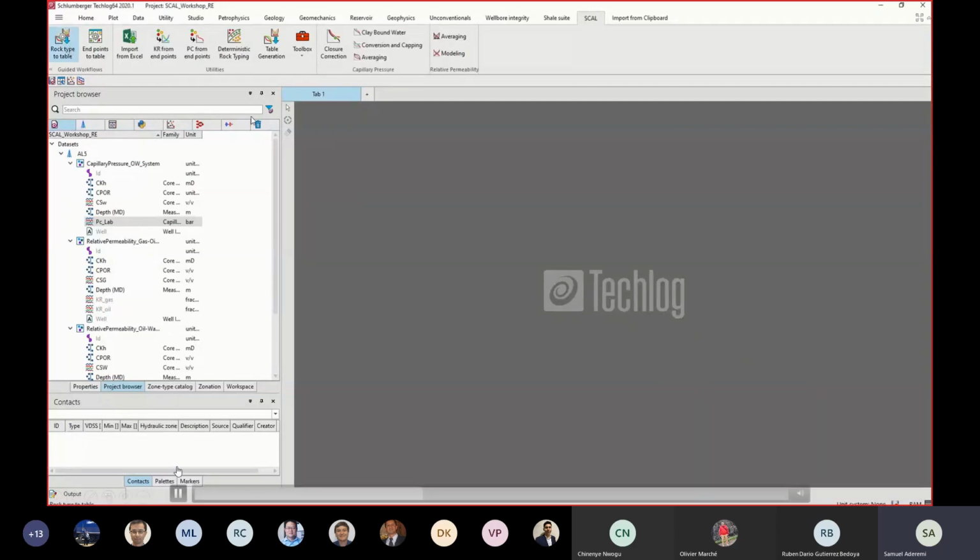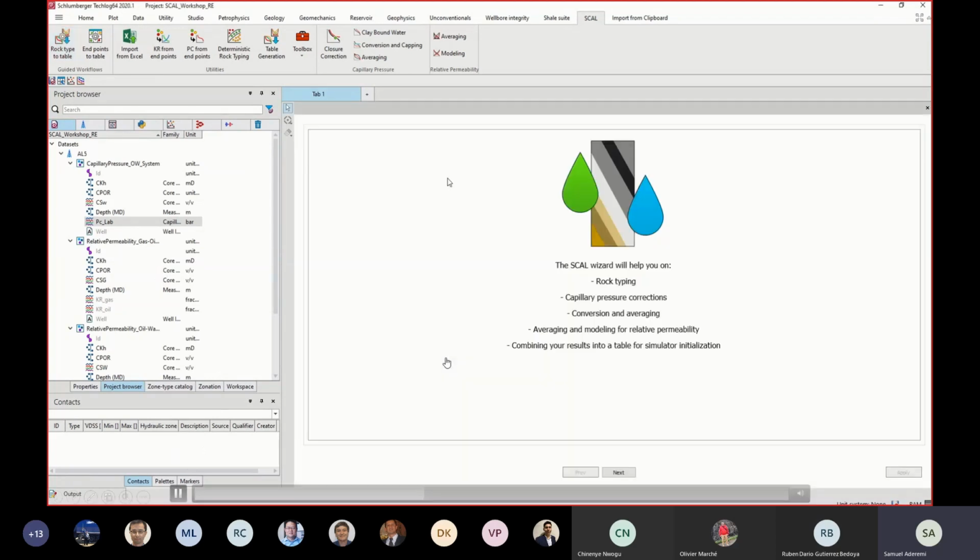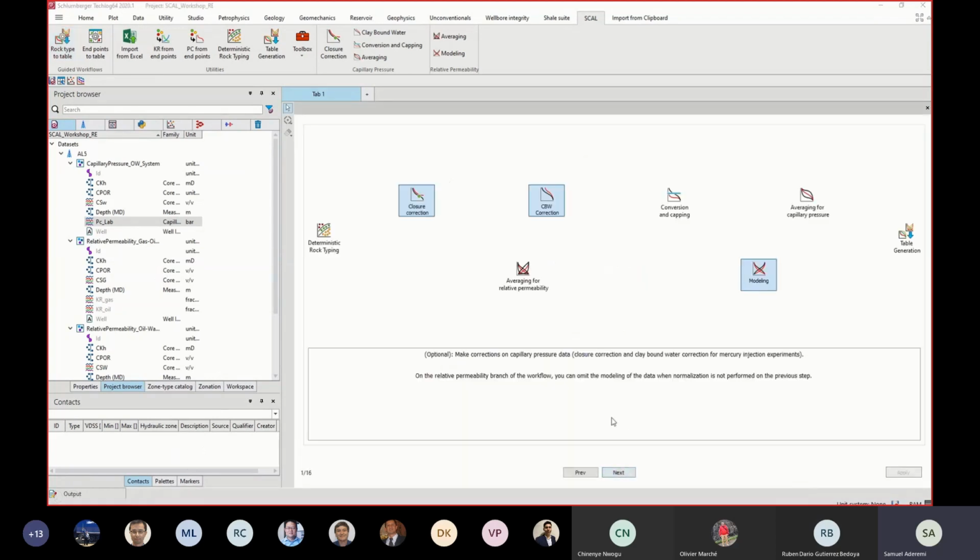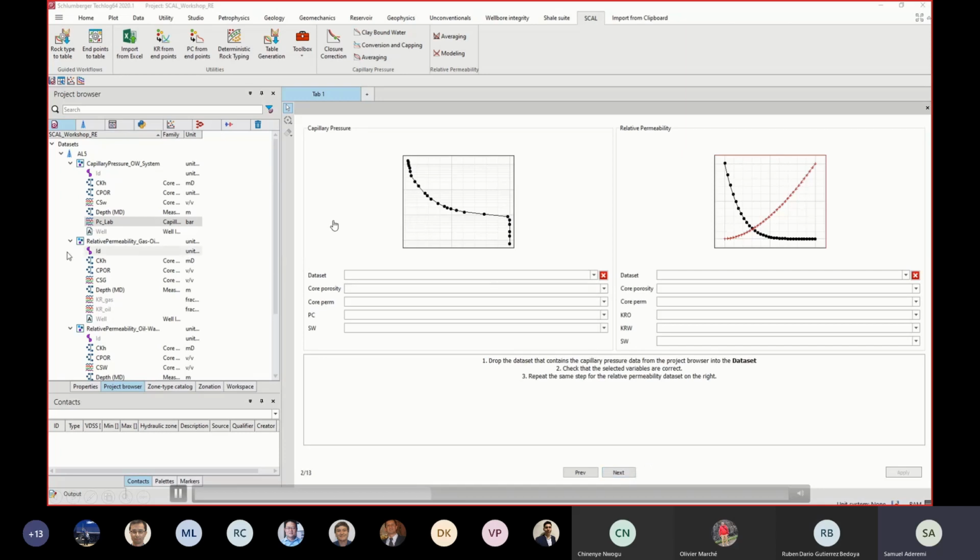So I'm going to use on the SCAL window, the rock type to table guided workflow. That's still on the top pane, but now under the guided workflow group. So I'm going to start with the rock type to table. So the saturation function table, that's what it means. So it's going to guide us through the workflow. When you open that, I'm going to remove the correction to the closure and the CBW correction to capillary pressures. I'm going to fill in my